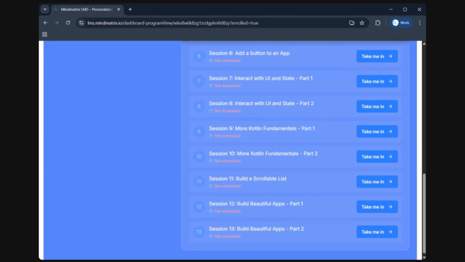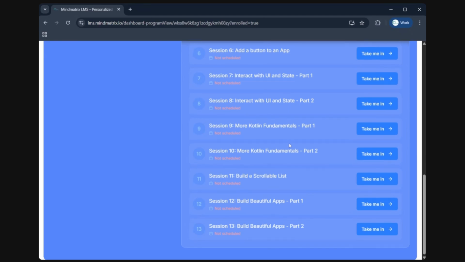So now we are done with sessions 9 and 10, the two parts about the Kotlin fundamentals. Now we are moving on to session 11, which is build a scrollable list. Before moving to session 11, I want to say that these three sessions, build a scrollable list and build a beautiful app, part 1 and part 2,